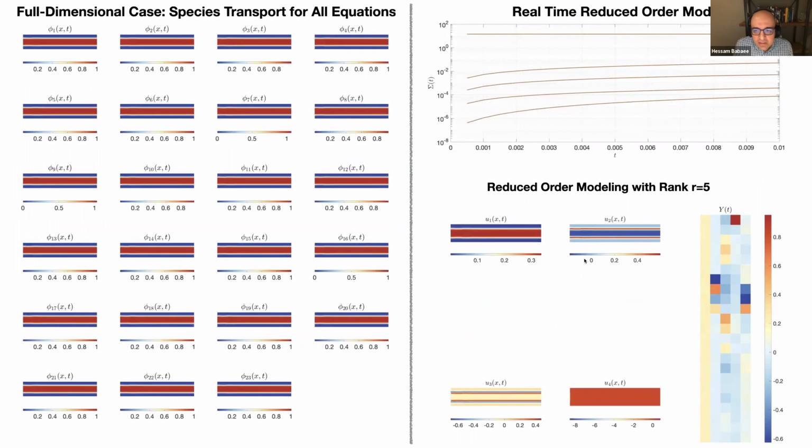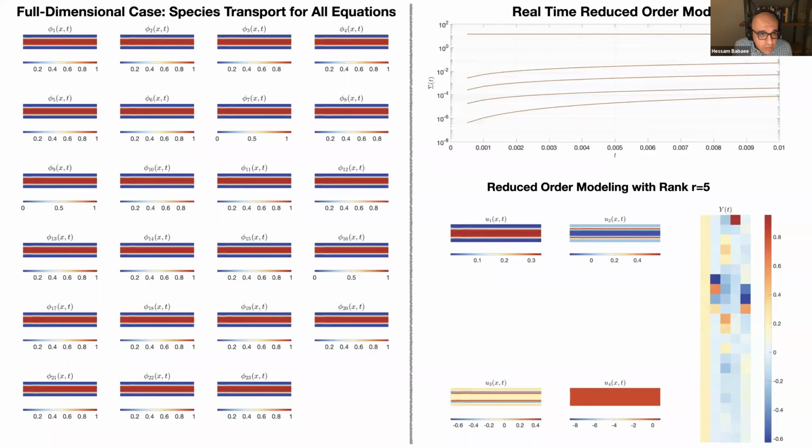So instead of solving this system, we solve for here 5 modes. I'm just showing the first 4 dominant modes. Here this is a movie. I'll play this in a second. This is a singular value obtained by this reduced order modeling. And what we do, we go back and do a DNS just for comparison purposes. And at each time instant, we take an SVD, because that would be the optimal basis instantaneously that we can have. And so if we do well, we will recover that instantaneous SVD, or we call it instantaneous PCA, IPCA. And so you will see the comparison.